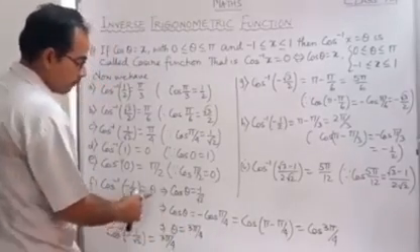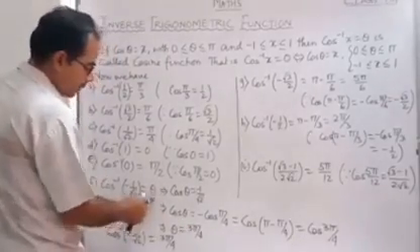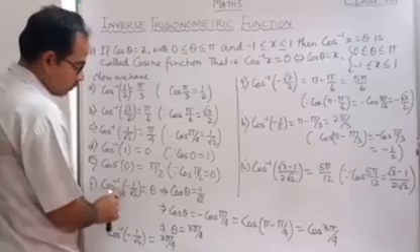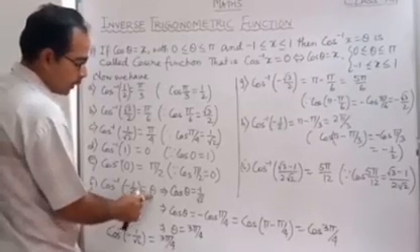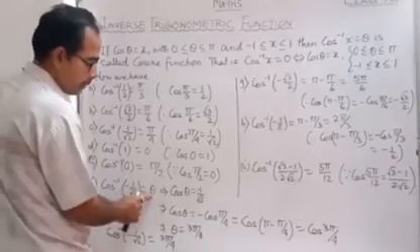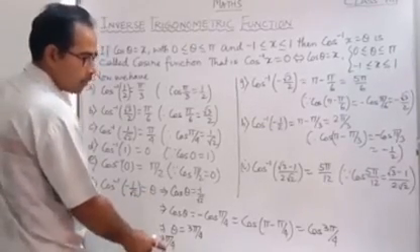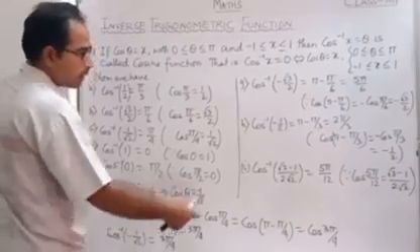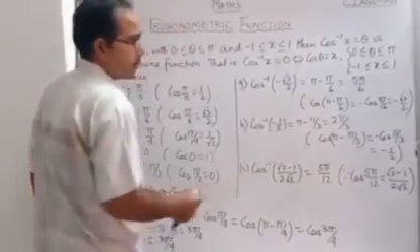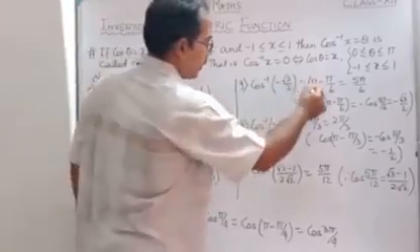That means if theta equals 3 pi by 4, look here, cos inverse minus 1 by root 2 is equal to theta. So in place of theta I can write 3 pi by 4. That is, cos inverse minus 1 by root 2 equals 3 pi by 4. I hope it is clear. In a similar pattern, here I have directly made it. So I hope it is clear now.